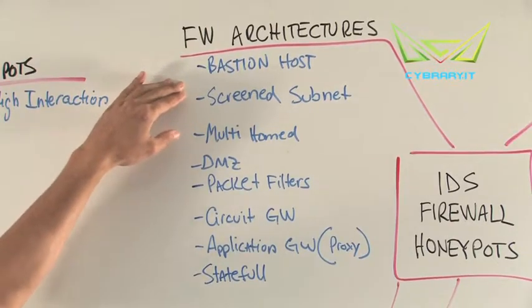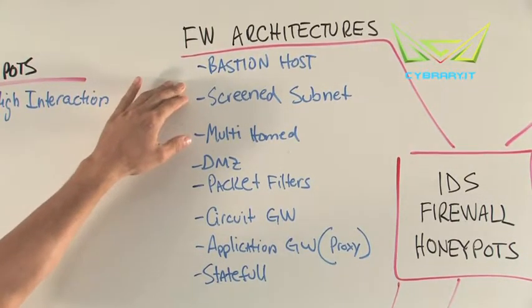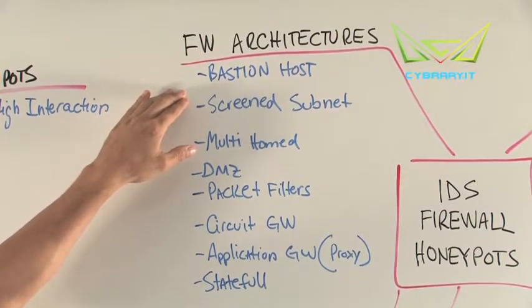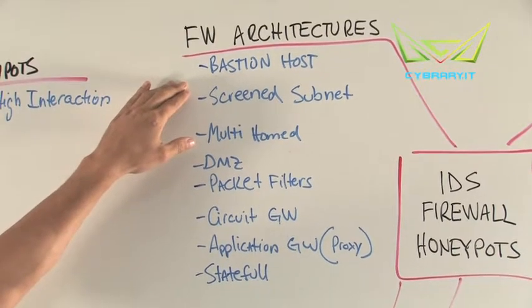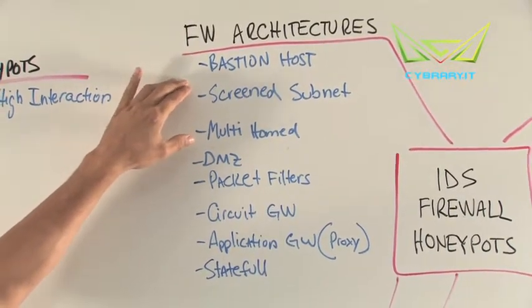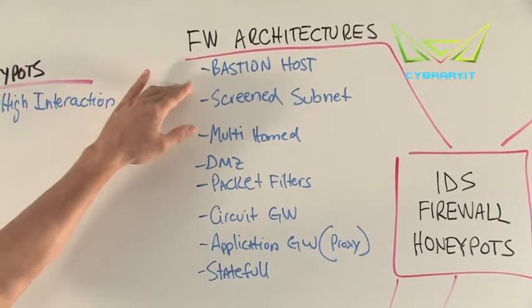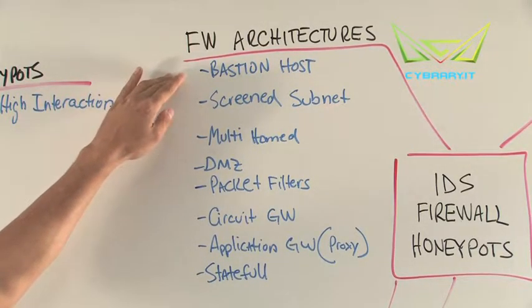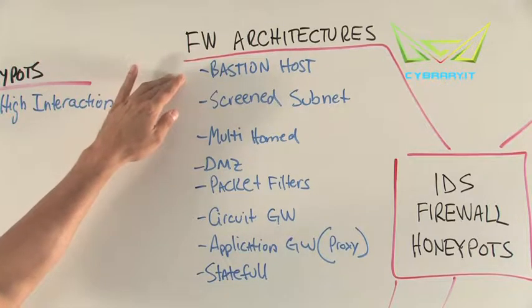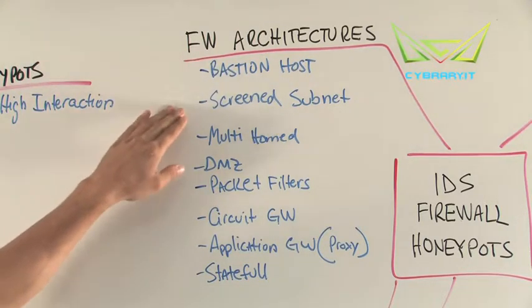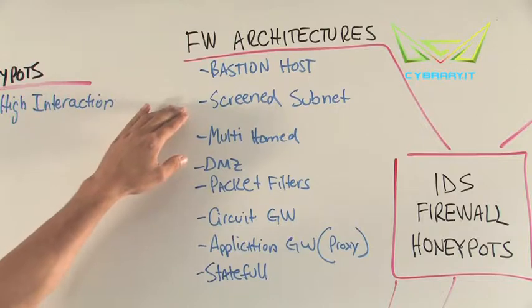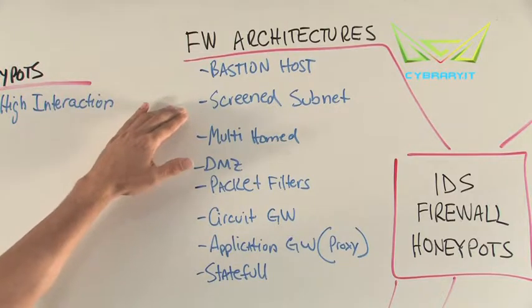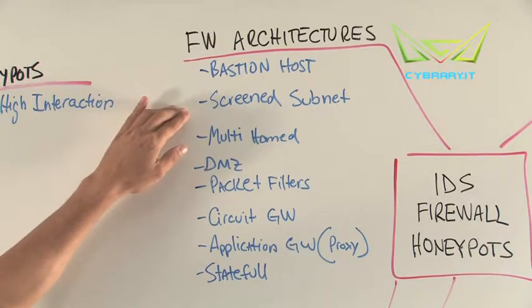So the first thing is a bastion host or a hardened host, and this typically sits inside the demilitarization zone. It's a host that specifically has a reduced attack surface and is often a relay or a jump point. So if it's done properly, nobody will be able to exploit that and use that as a pivot or a relay point. The next concept would be a screened subnet, and this is realistically close to the DMZ architecture, but